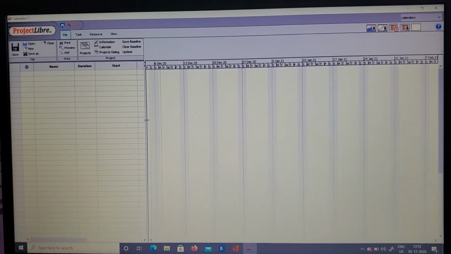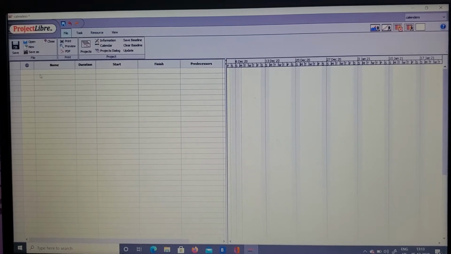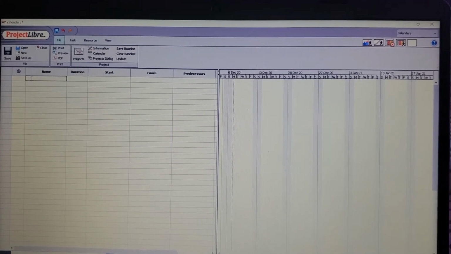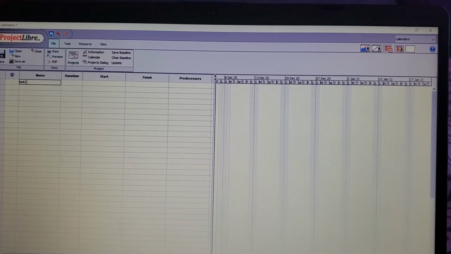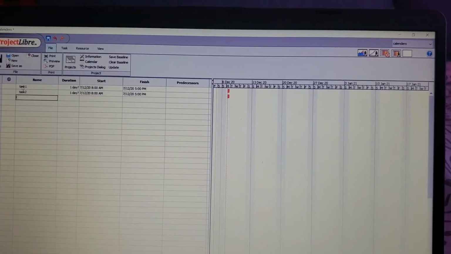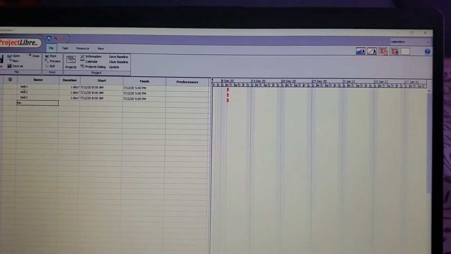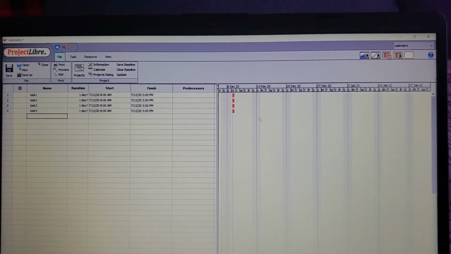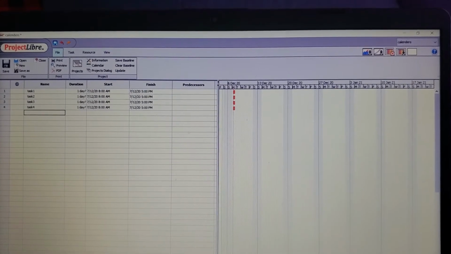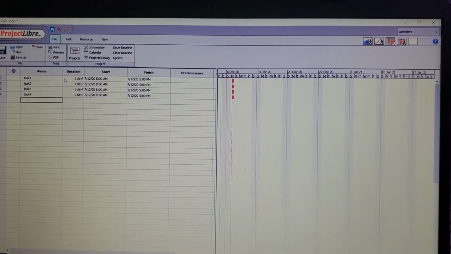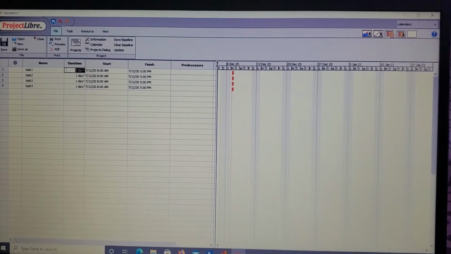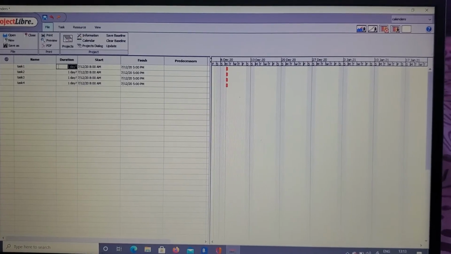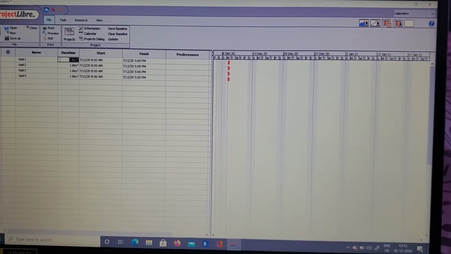Okay, you see that there are two parts on the screen here, and in the name part, you write down the name of the task that you are going to do. I'm randomly writing them as task 2, 3, and task 4. Okay, random names. And as you see on the right side of the screen, there is a bar that shows the number of days required for each of the tasks. And here, duration requires you to mention the number of days that each of the tasks requires to be done, because